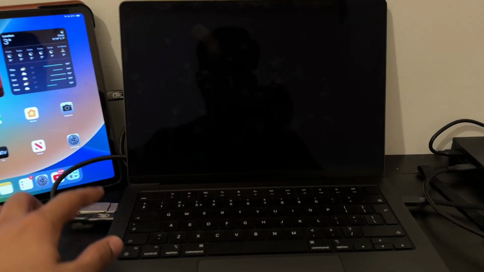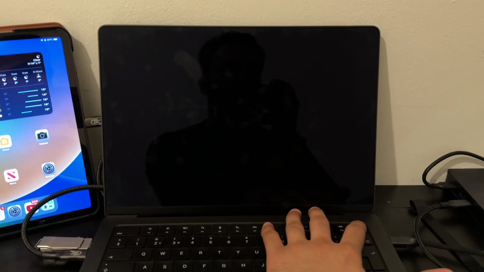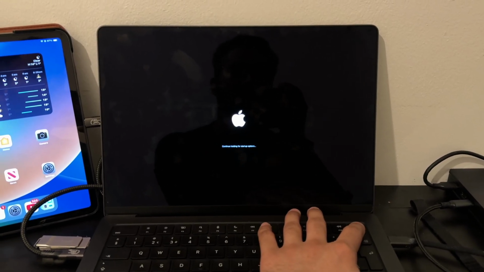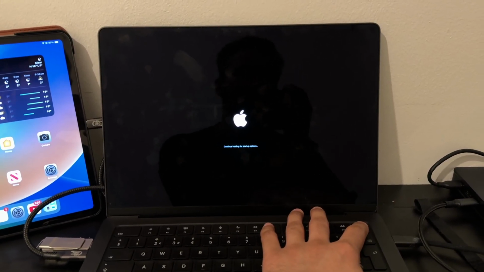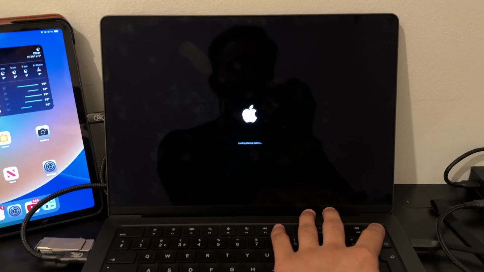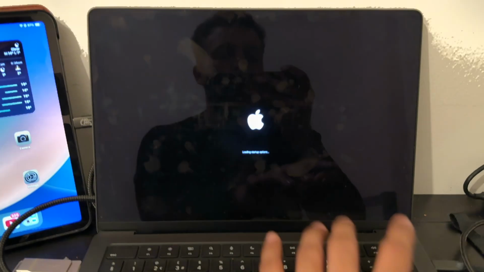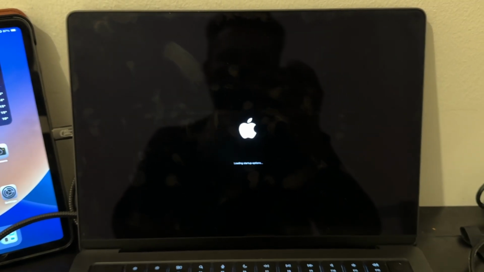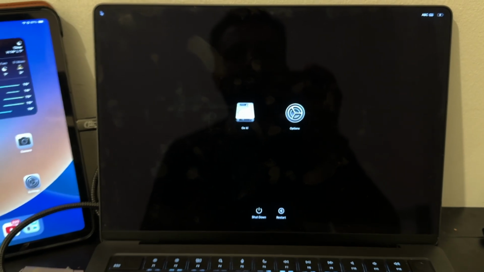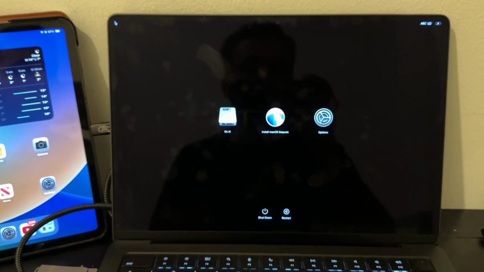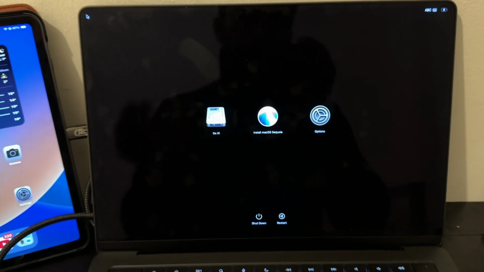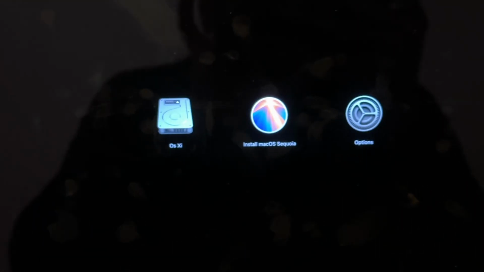So I've connected the USB to my MacBook, and now I'm going to turn on the MacBook, and I have to keep pressing the power button. If you are on a MacBook which has an M1 chip or M4 chip, Apple Silicon, you have to press and hold the power button for a time until it goes to the boot up. If you are making this USB because your system is stuck here and you're trying to install macOS from a different system, you can see that once the USB drive is plugged in,